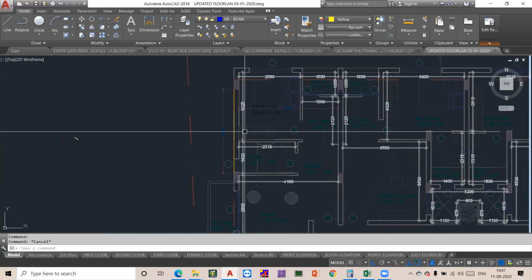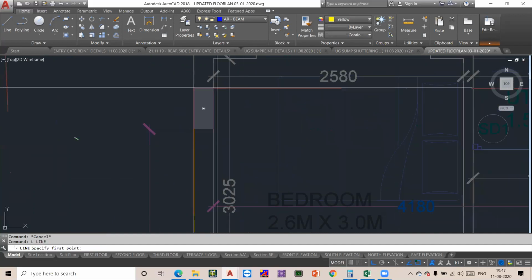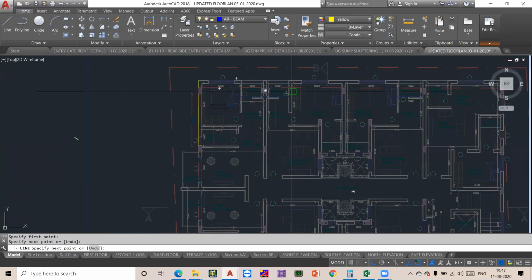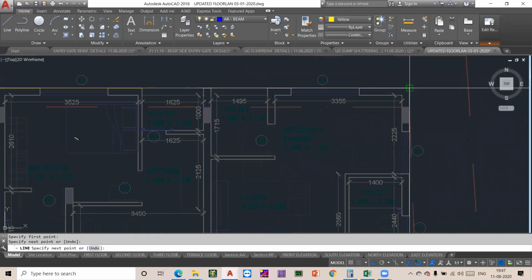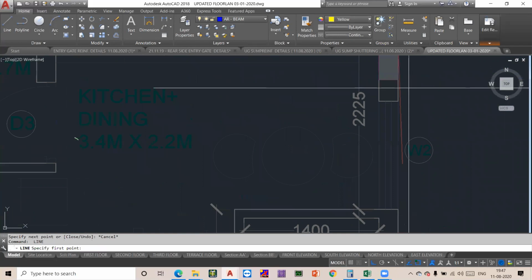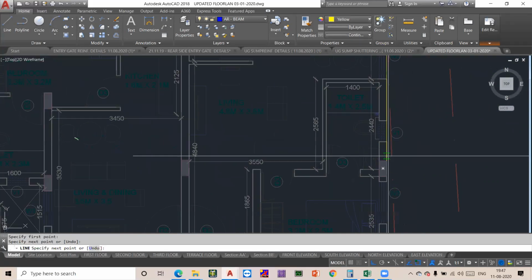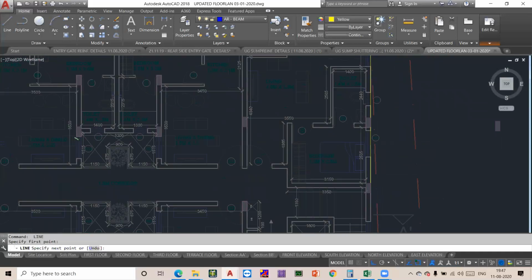I will show you how it is. On drawing the outer lines first, column outer to outer, it will be